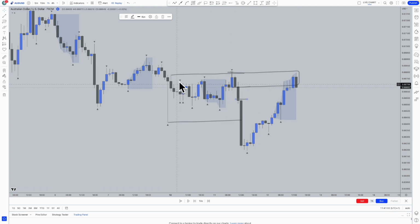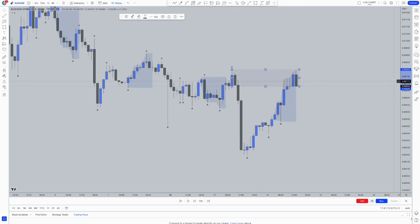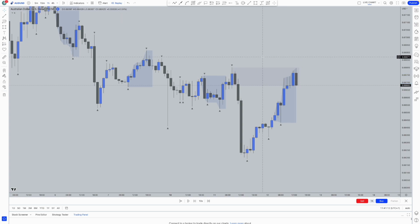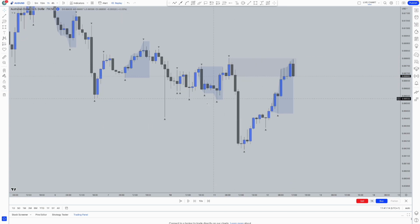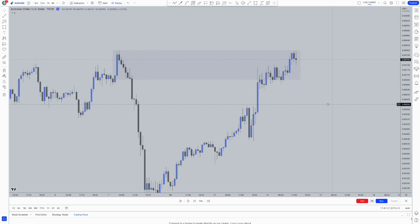So this was the reasons for the trade. 4 hour direction, I have my POI I'm happy to trade from. It sweeps liquidity, breaks structure, and I'm taking a short and we're in premium. So we know we've swept liquidity, we know we've broken structure, I've got my void, reasons for price to come back, and